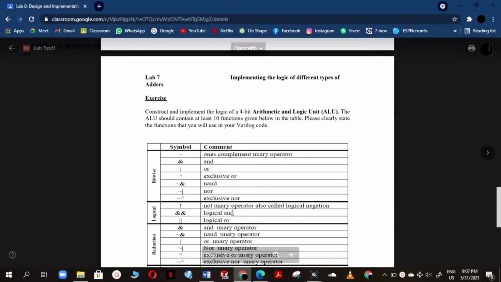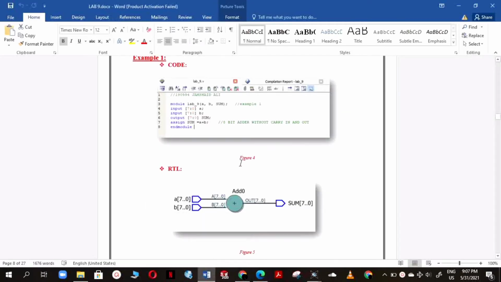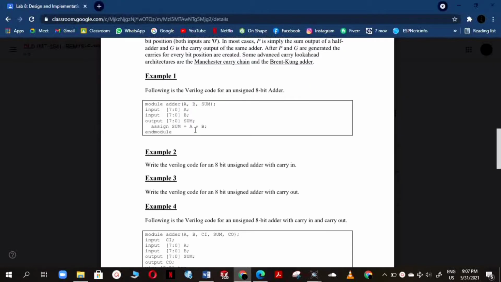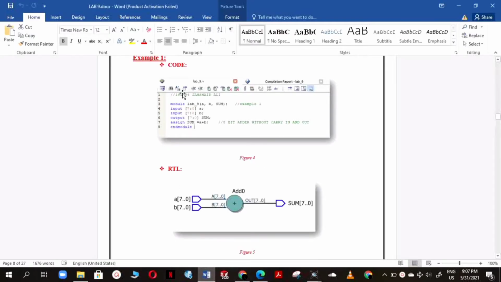Now we are going to move towards our code, RTL and waveform view so you can easily understand. This is our first example, where we have to determine the Verilog code for an unsigned 8-bit adder. First of all, I declare all our inputs and outputs in the module, and then initialize all of our inputs and then all of our outputs, named sum.